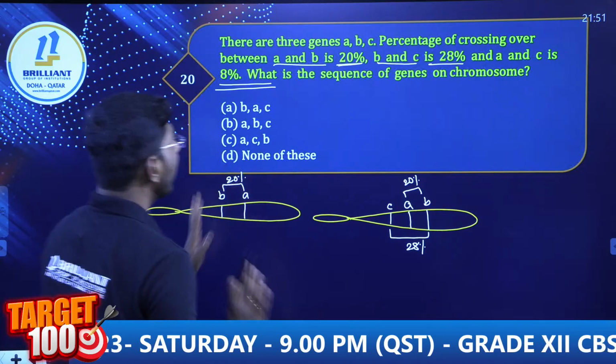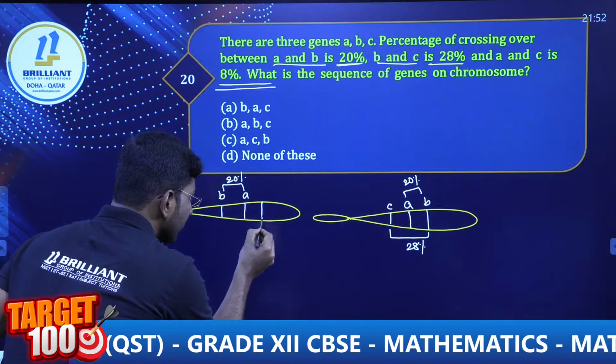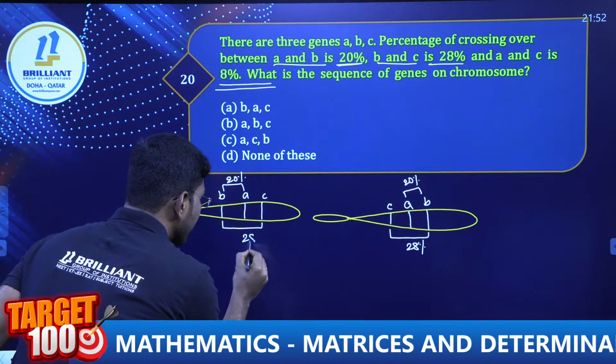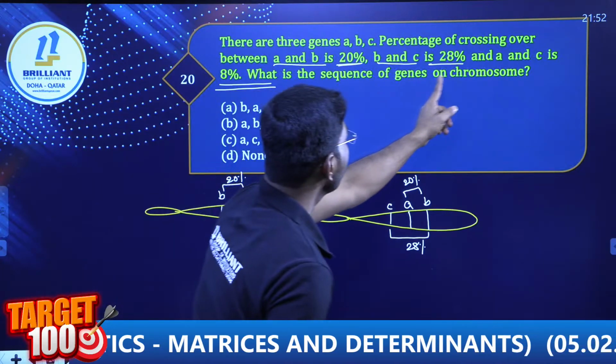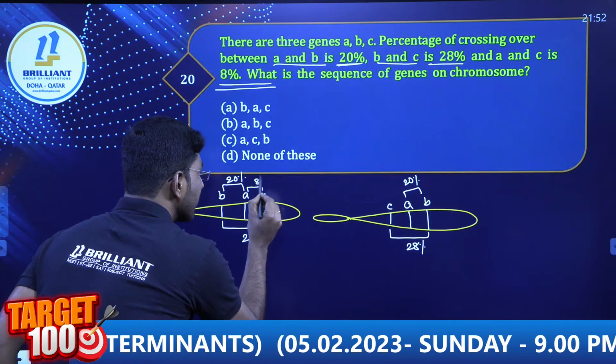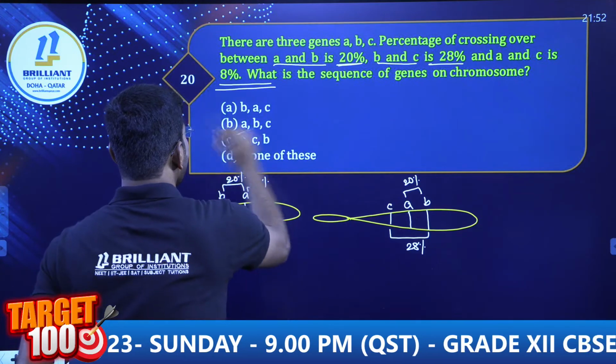Fine. BC 28%. That means C must be here. Next, AC 8%. That means between these two 8%. So the right option I can write is